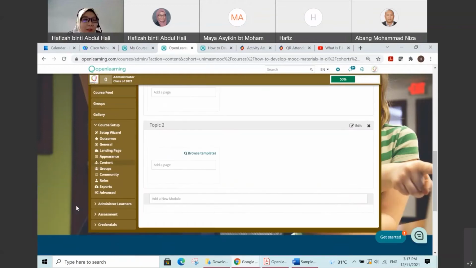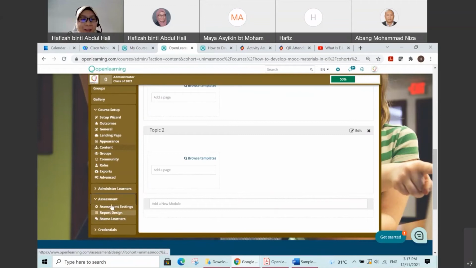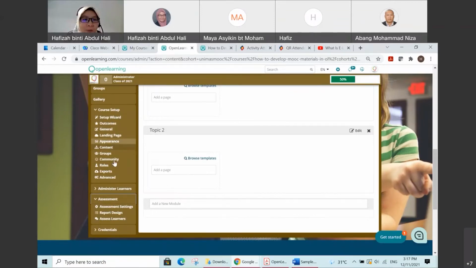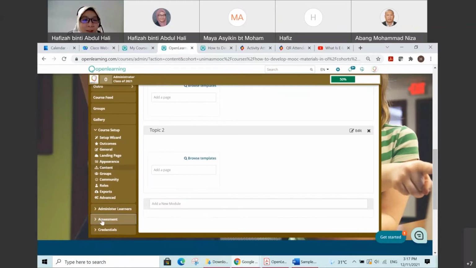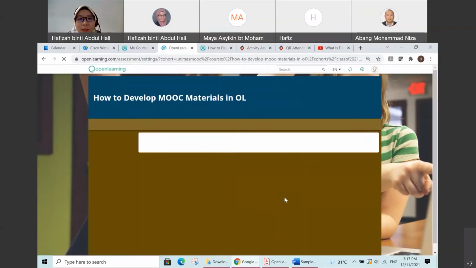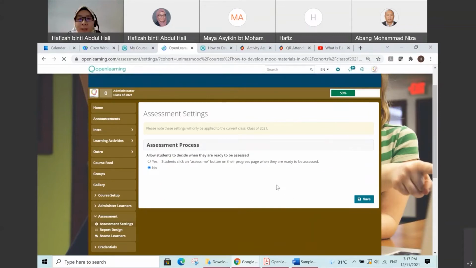Okay, scroll down here under this assessment, on the left hand side. Instead of course setup, we will go to assessment. Yeah, click assessment here. Okay, before you do anything, let us see the assessment setting first. All right. Okay, this is an option